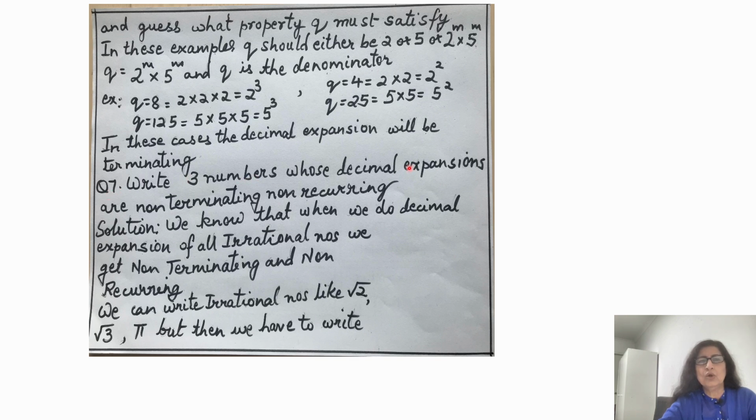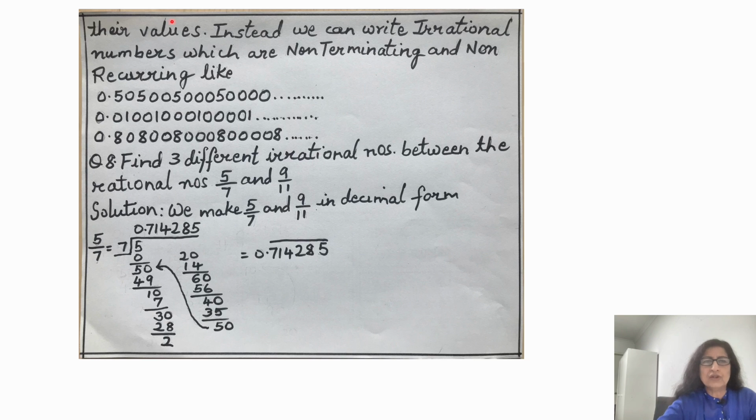Write 3 numbers whose decimal expansions are non-terminating, non-recurring. We know that when we do decimal expansion of all irrational numbers, we get non-terminating and non-recurring. We can write irrational numbers like under root 2, under root 3, pi, but then we have to write their values. Instead, we can write irrational numbers which are non-terminating and non-recurring like